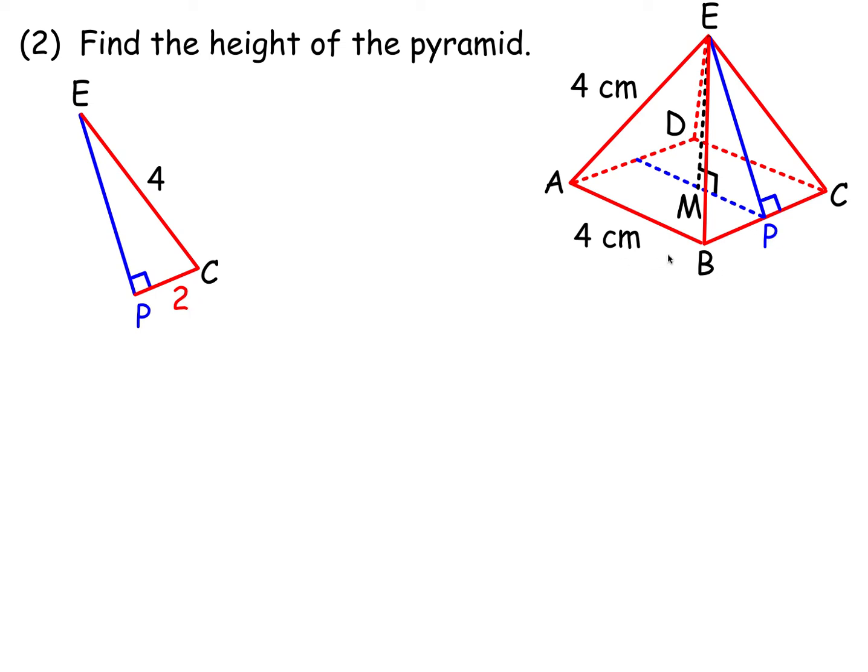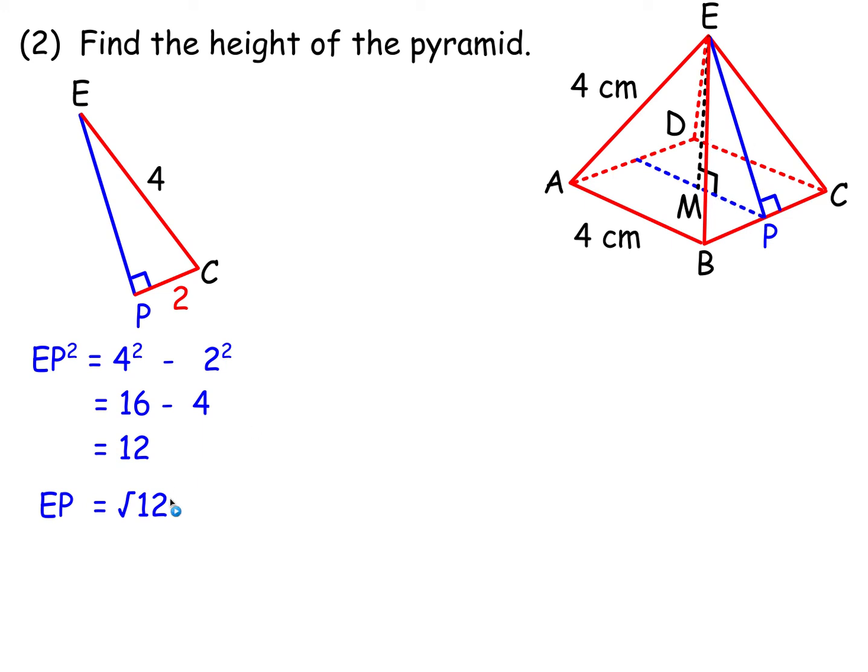PC is 2, half of a side. EP is a short side, EP squared equals 4 squared minus 2 squared. Follow that through, and EP is the square root of 12. Won't work that out in the calculator because we're going to reuse it. What we've now got is EP is square root 12, we know MP is 2, and we want to know